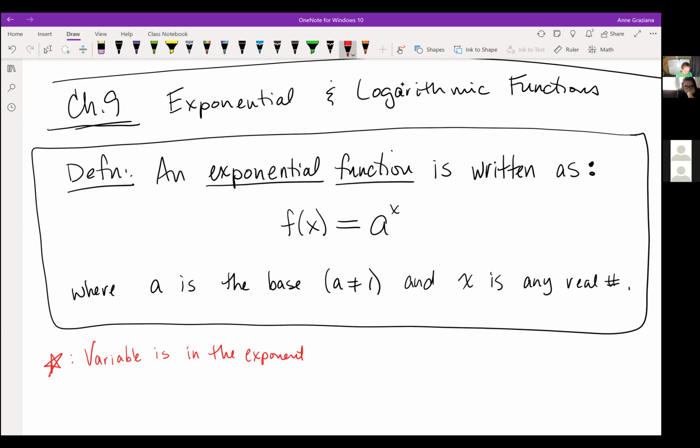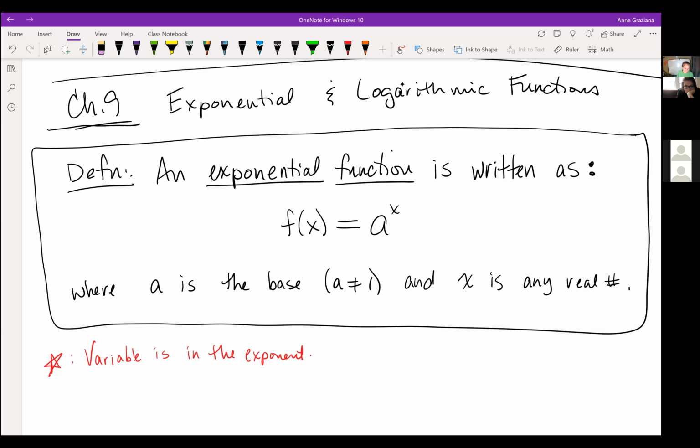Now, the base is typically a number. You can have bases be variables also, but those are kind of special and we really don't deal with those until you get to calculus, okay? So you can have like x to the power of x, believe it or not, but we're not going to touch that, all right? So generally speaking, the a is the base, and it's generally a